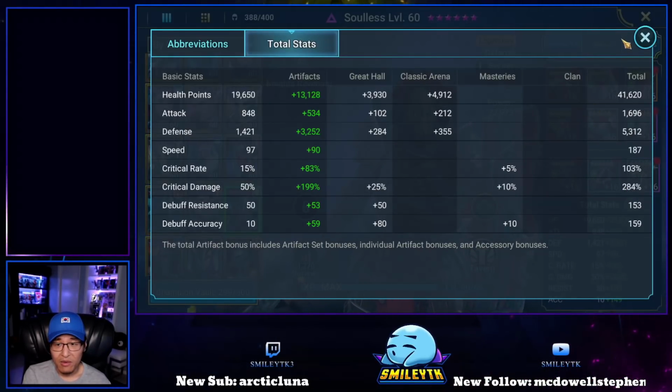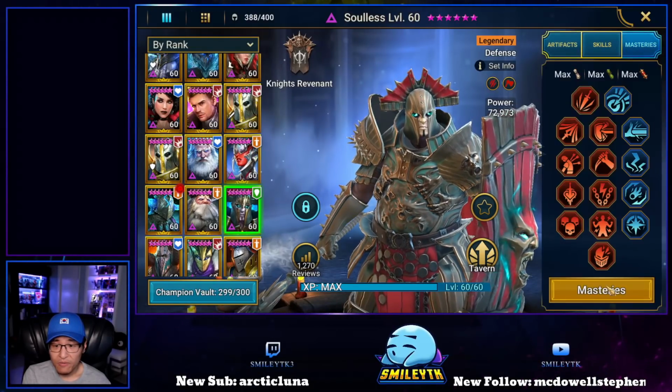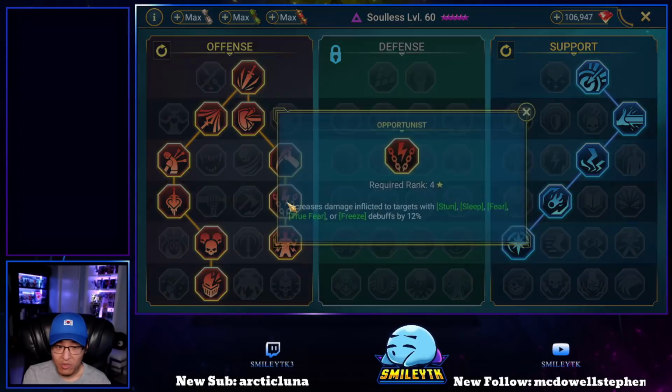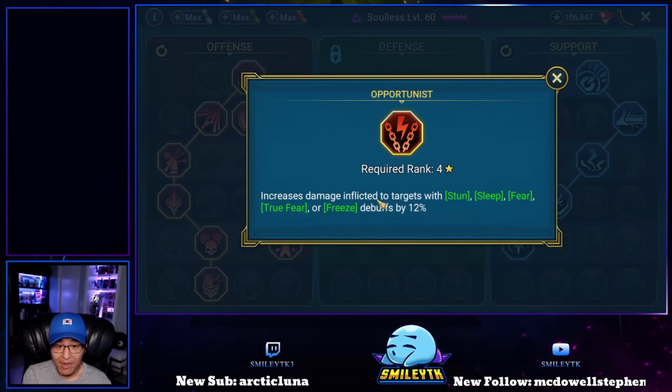I mean, it gets the job done. So for his masteries, and I also have him fully booked out, of course. So with this setup here, I try to go with as much damage as possible on my Solus, and it works out with my Kaimar, so I went with Opportunist here because I get an extra additional damage if they're slept, and my Prince Kaimar is putting everybody to sleep,